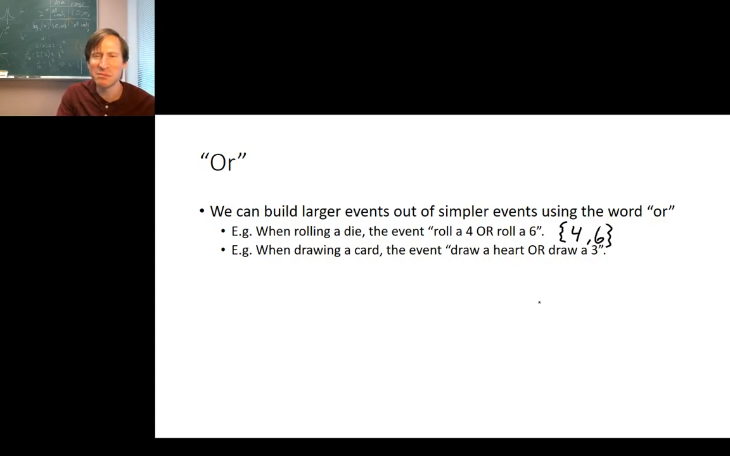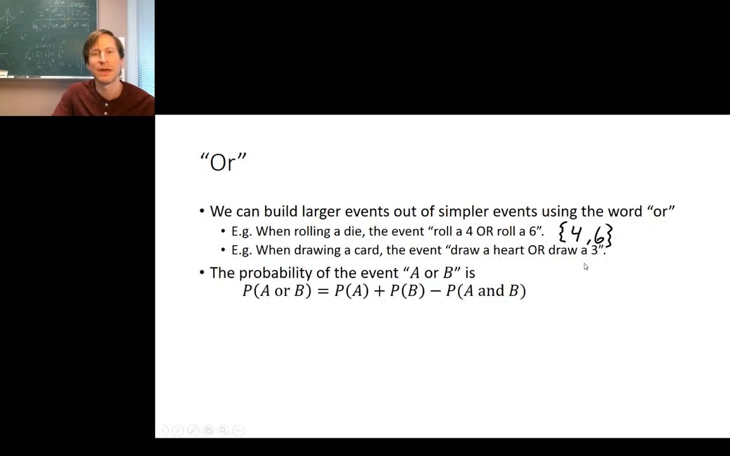And this is maybe a better example because I wouldn't really want to list out all of the individual outcomes that go into this event. There would be a fair number of them. So for this event, it's actually easier to describe the event using the word "or" than it is to list out the outcomes individually. Now, if you have an event that's described using the word "or", then there's a formula